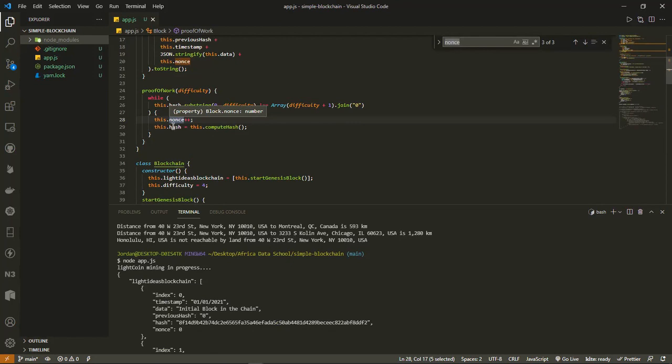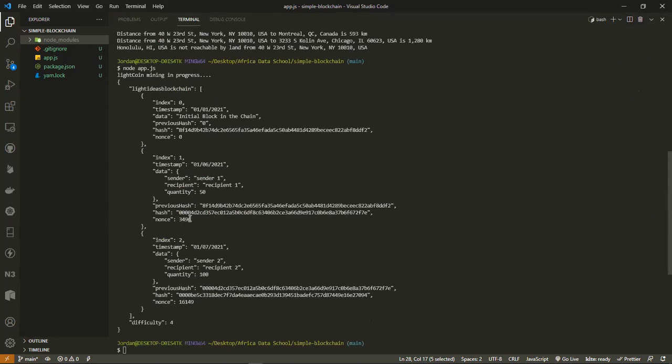I'm just incrementing the number. There is a better way you can implement it so that these numbers are not exaggerated. So one thing about the nonces, we have one for mining, and then we have another one